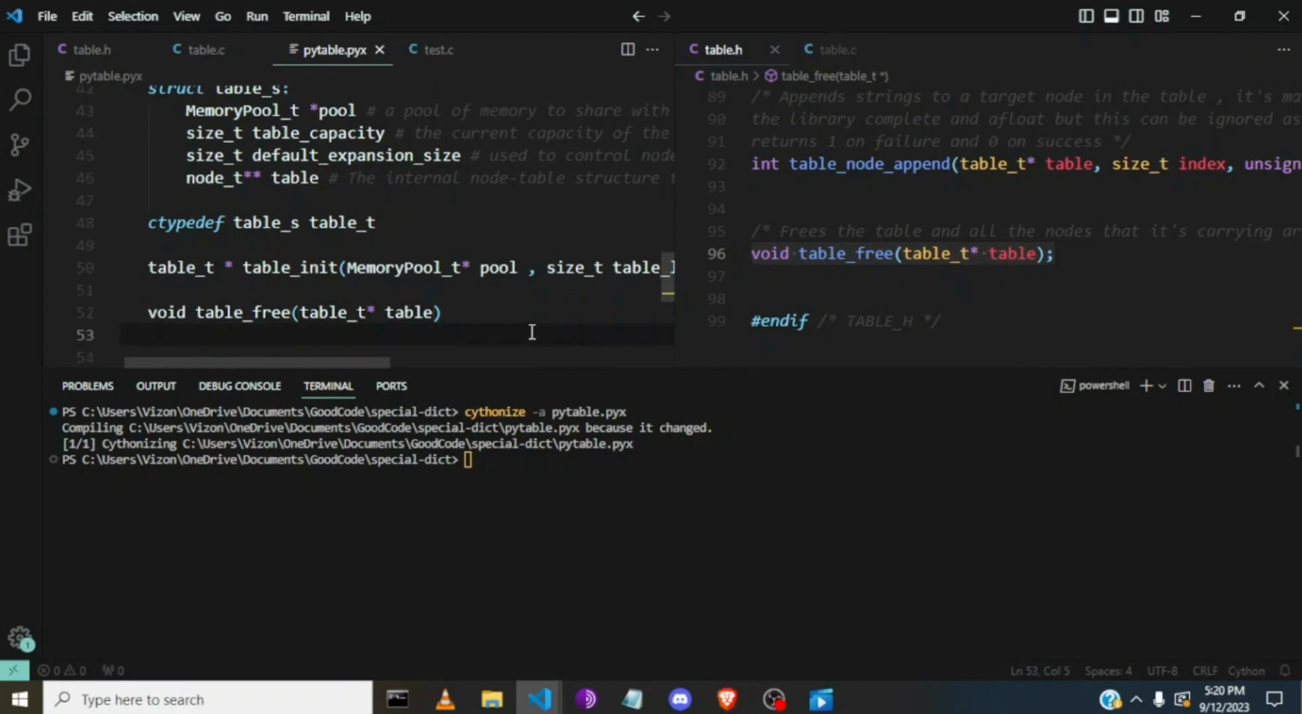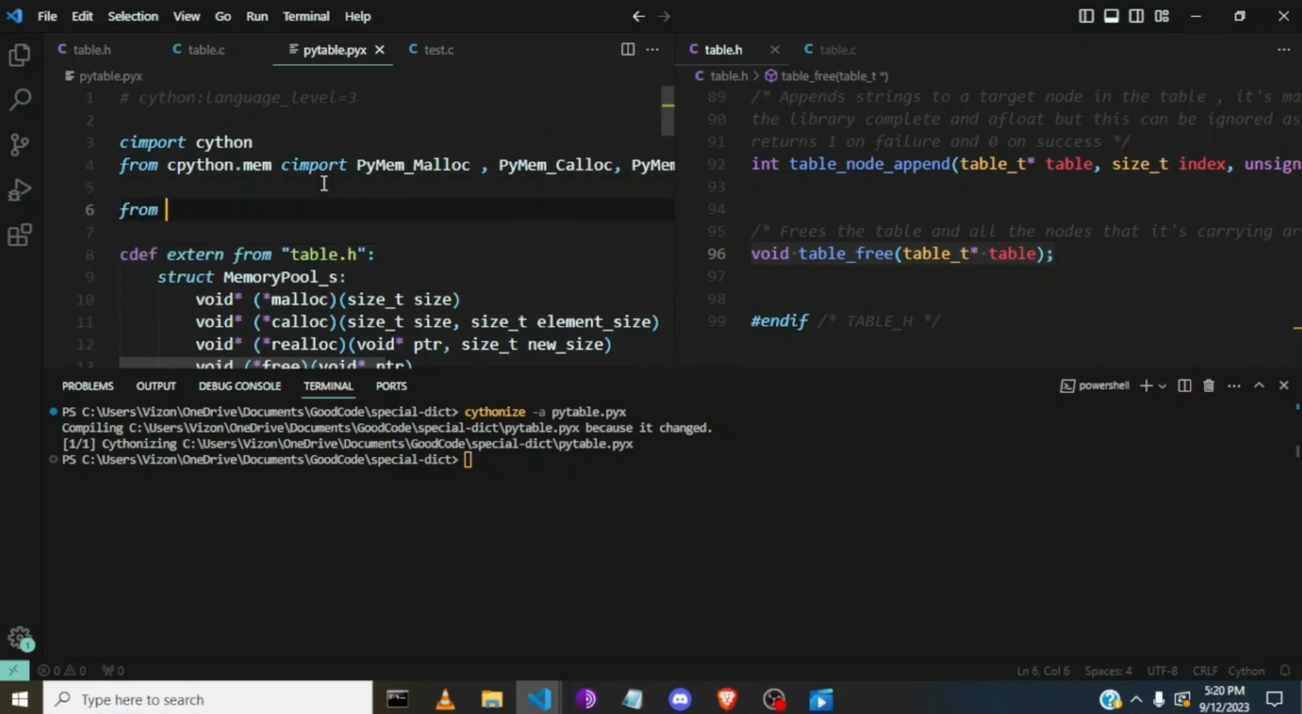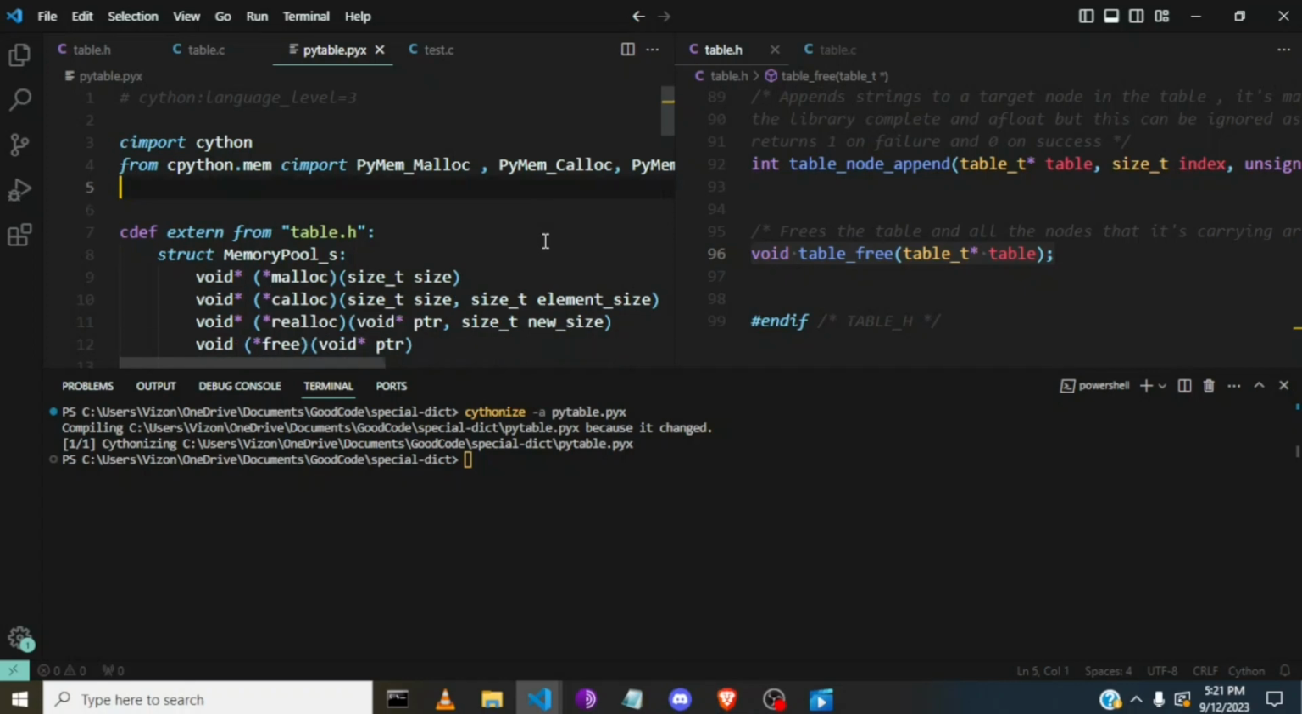And if I were using libc's numbers, what I would have done is say from libc.stdint cimport something like uint64_t. If I were using libc's stuff, except I'm not, so that's not required. I just wanted to give an example of what you would do if you were using libc. This is the std integer library. But anyways,